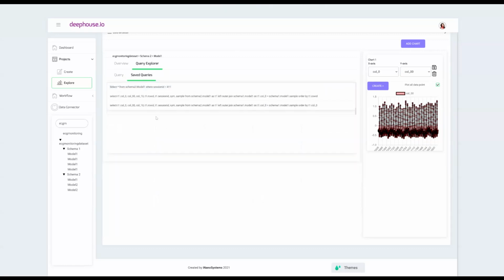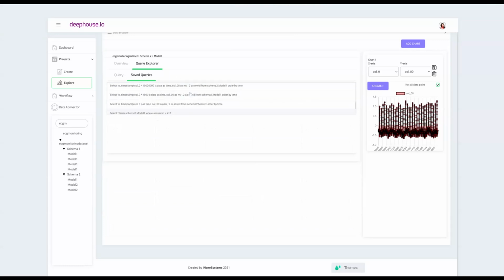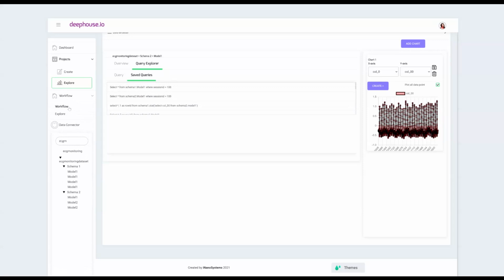So the saved queries become the basis for the next section, which is the workflow. Here's another use. There are many functionalities here, like the join can be added. There's also, you can bring out the statistics, and other basic modeling and exploration can be done. So this is great for the engineers to take it from ingestion, study the data, and take it to analytics. And talking of the analytics, let's go straight into the workflow.